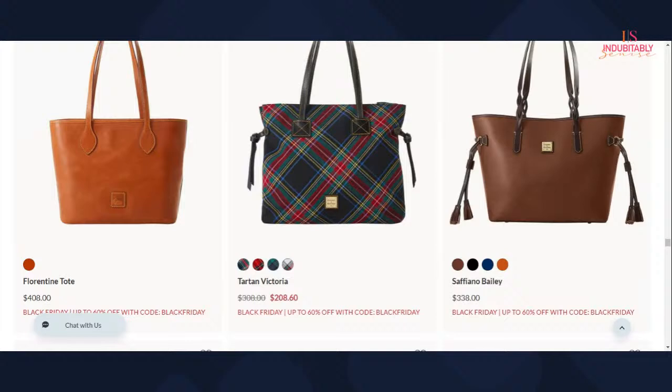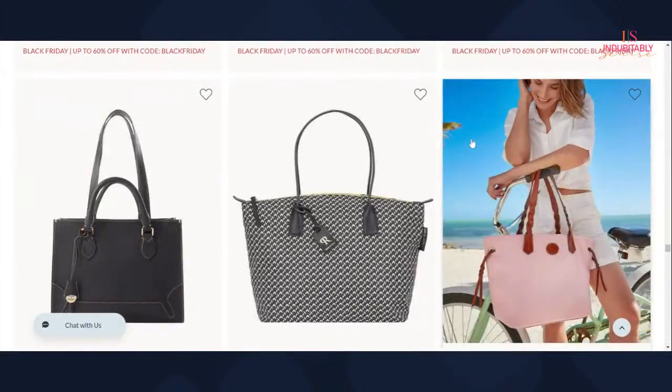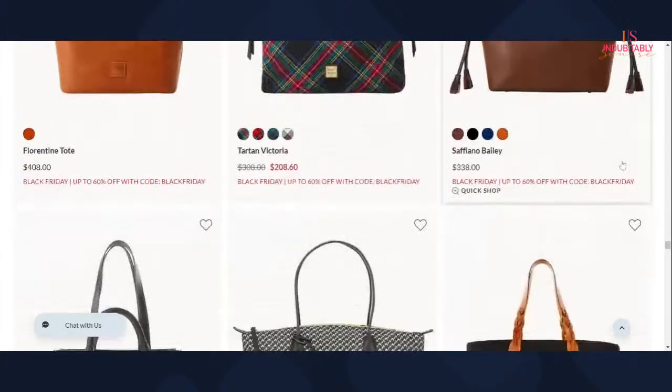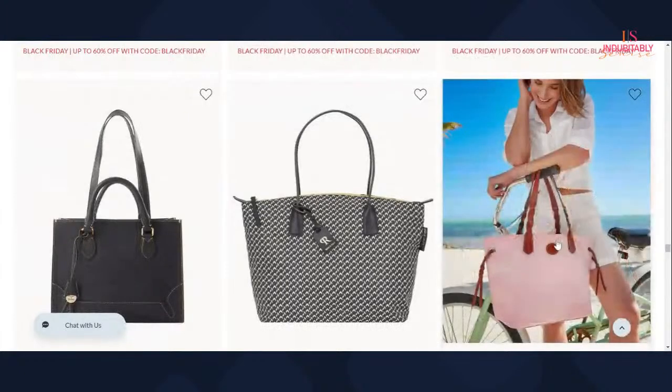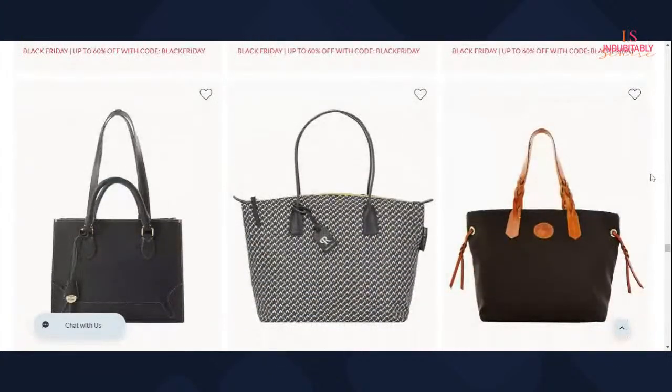No, it's not. It really isn't. I just have to talk. I don't want to talk myself into it, but I get the difference between this and this bag. But did y'all purchase this bag like we're purchasing the Bailey? I know the strap is longer, but I find it funny because